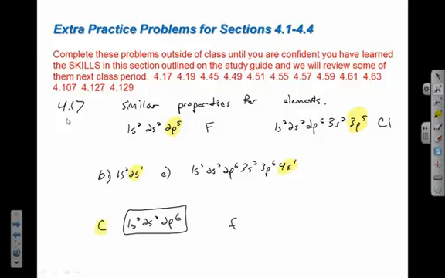So anytime I see the outer subshell is p6, 2p6, 3p6, 4p6, that's a noble gas configuration. And so C and F are going to have a lot of similar properties because they have configurations that have a similar